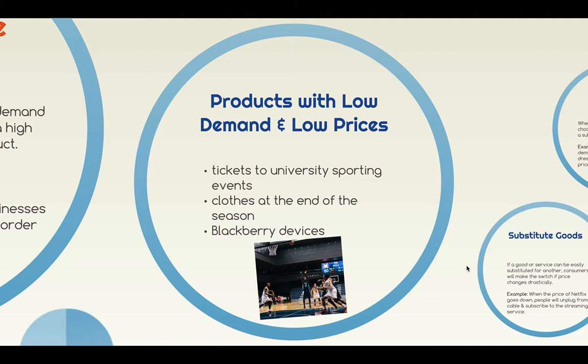Close to the end of the season, you'll start to see that stores in the mall will offer clearance devices, and we would say an old device, a BlackBerry, something people don't really want anymore because it was not as useful as an iPhone. An old version of a phone would have a very, very low price. Some people might still use it, but it's not going to have the same cachet as a new item.